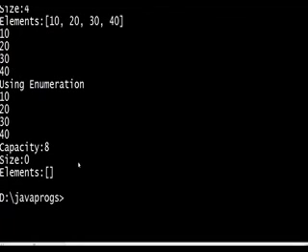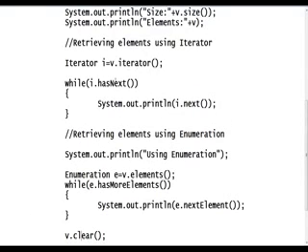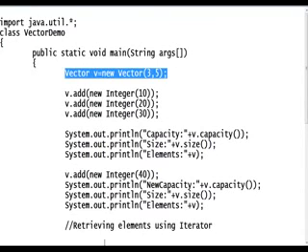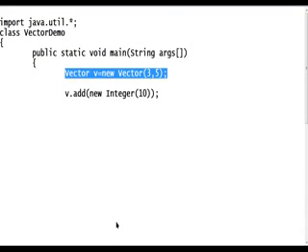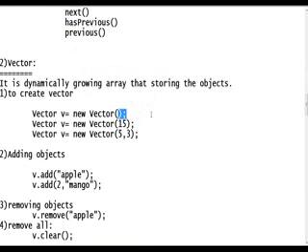Clear? How to retrieve the elements: using enumeration or iterator, or list iterator is also there. Using list iterator also we can display the elements. Wonderful. We have three constructors. Okay, using those three constructors create. See, there is the no-argument constructor, the one-argument constructor, and one with some size. Here 3 is how much size you want to increase, that is 3. Here a big object will be created. A big object will be created after the 15th element, if I insert the 16th element. Clear? That's all. These are list classes.